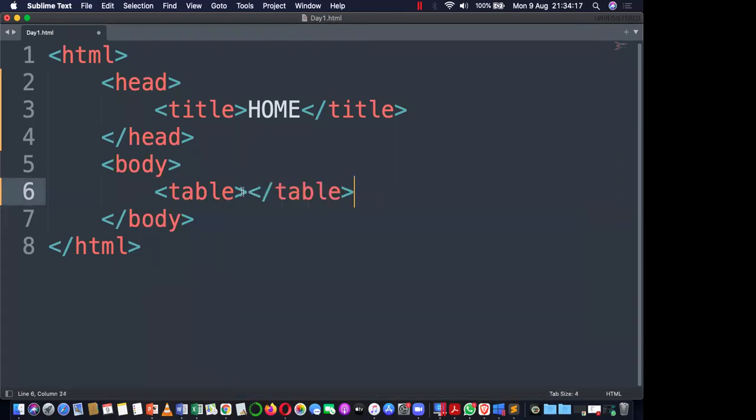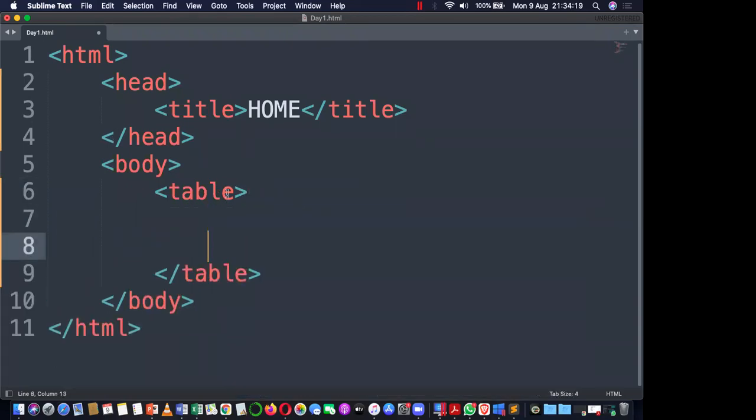So we have a table tag. So in between these tags, each item will be treated as